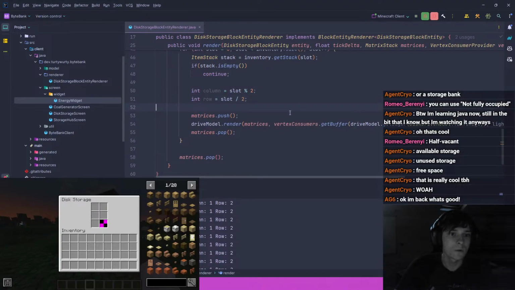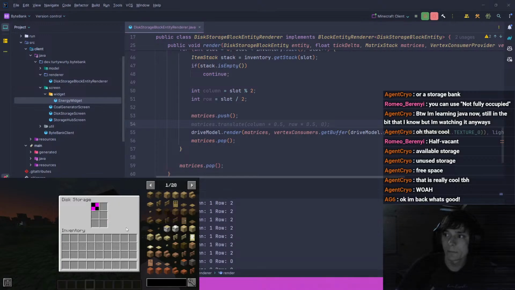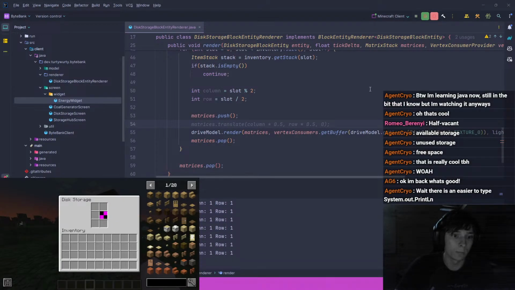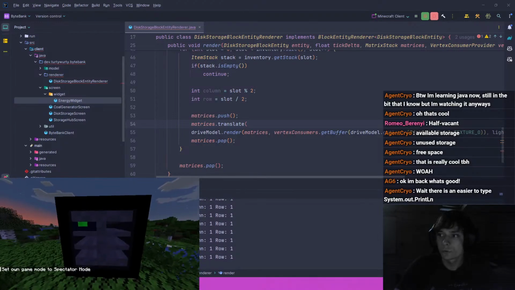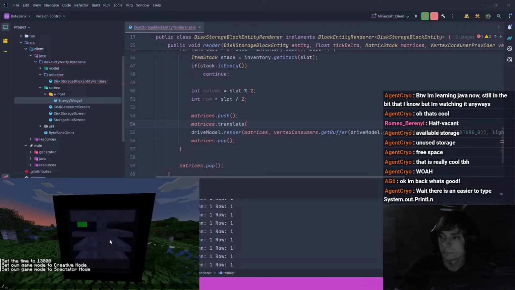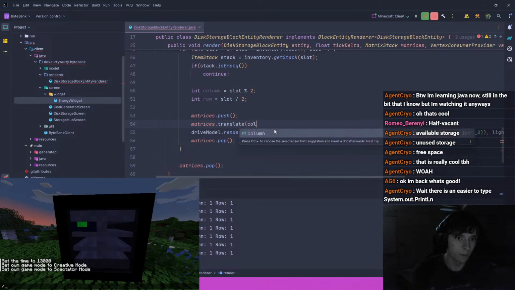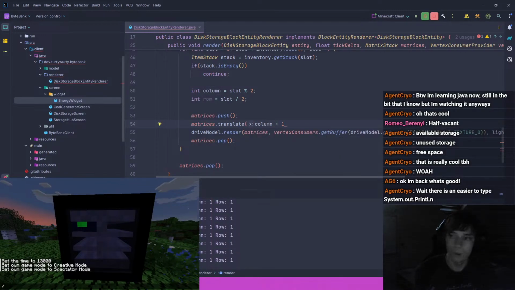That's fine. So, using that, basically what we're going to do is exactly the same as we would in the menu. So I'm going to move it to column 1 and row 1 so that we can test this. And I'm actually going to turn Copilot off because I think I can figure this out on my own. Because I think this is actually quite trivial. So I think what we want to do is say matrices.translate. And if we look at the model here, we want to translate if the column is 1, right? So we're on this second one here. We want to translate in the X direction, so column, and we're going to want to do plus. Are we going to want to do +1? No, we're not. So we're going to say column times